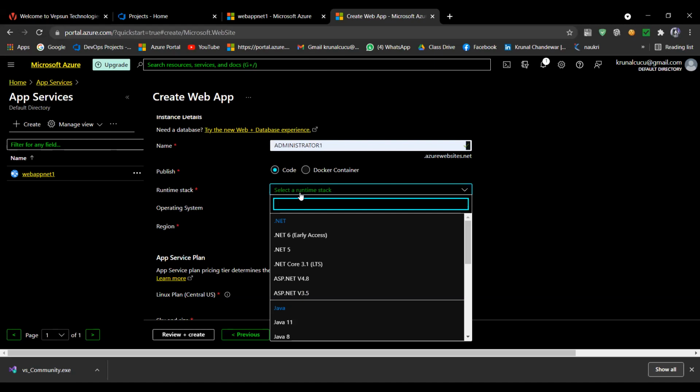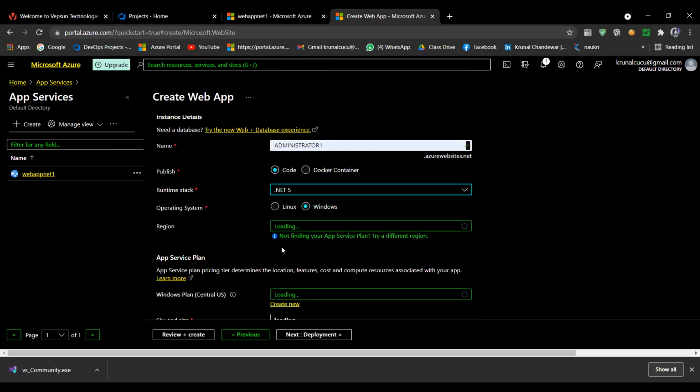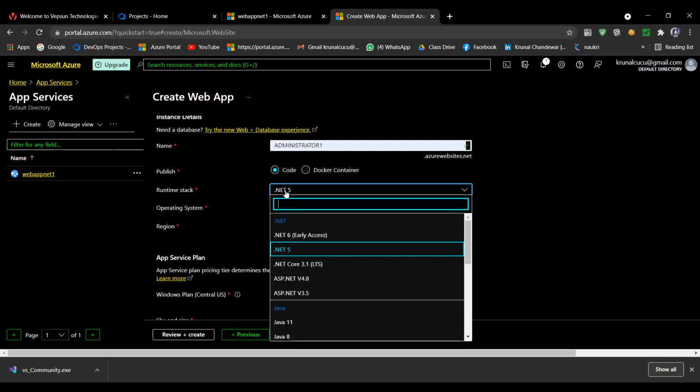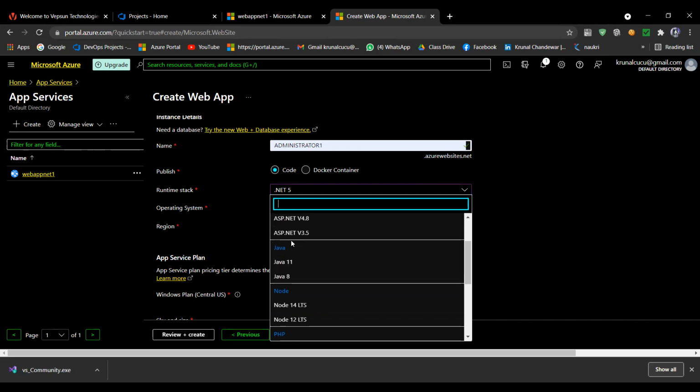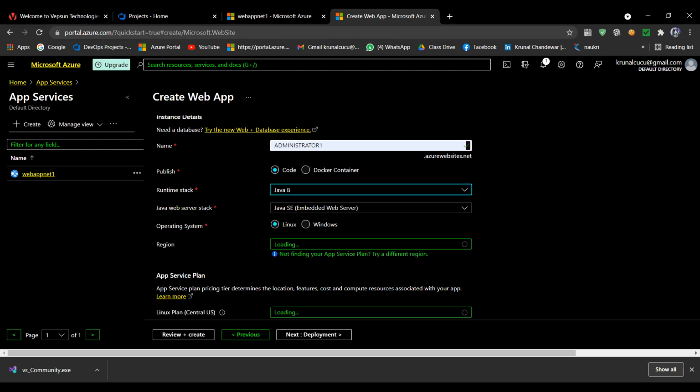See, now if you are selecting .NET 5 here, it automatically jumps to Windows. And if you want to select Java 8 or Java 11, if I'm selecting Java 8, it automatically selects Linux. That is how Microsoft Azure built it in their programming.